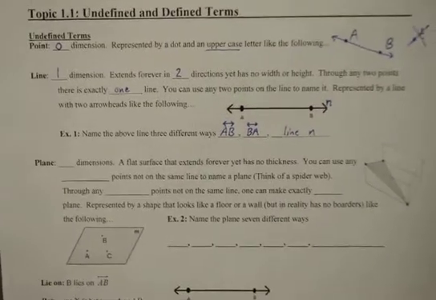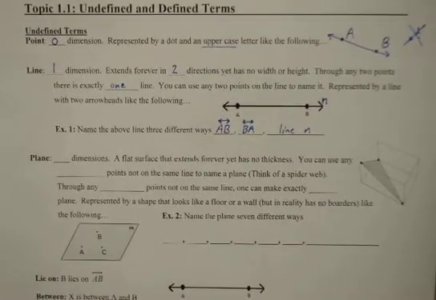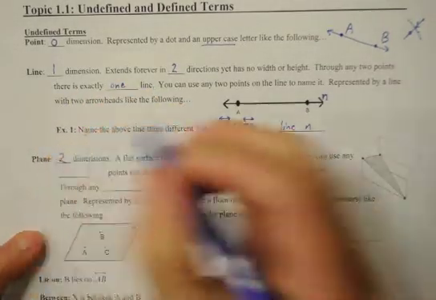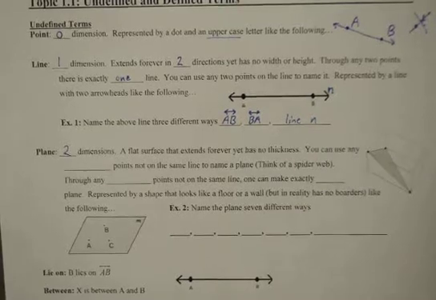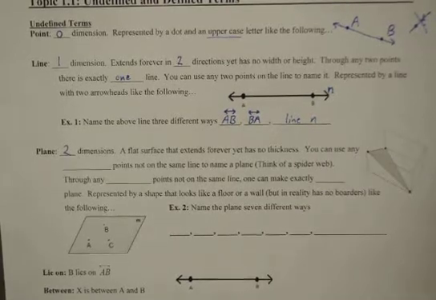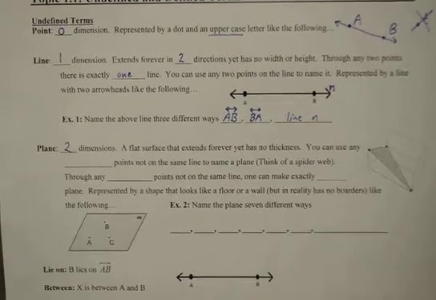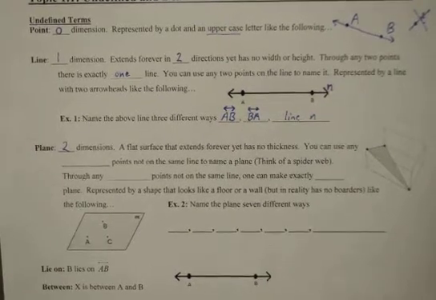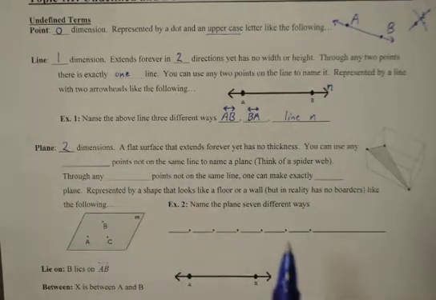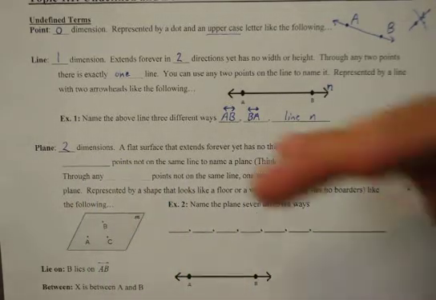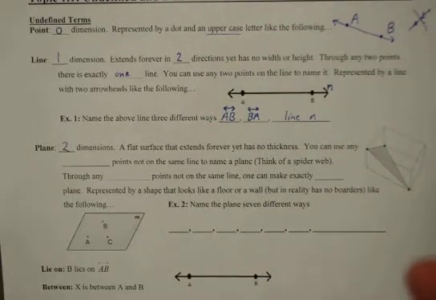Alright, the next thing is the plane. So we're going up to 2 dimensions, and we're going to be stuck in 2 dimensions for quite a while, actually, until we get to the last chapter. So we're stuck in the plane for a long time. In fact, 2 dimensions. So now we get 2 new directions. Every dimension you increase, you get 2 directions.